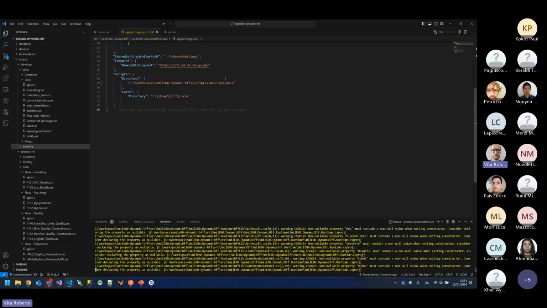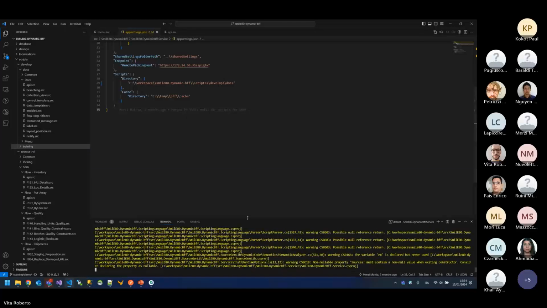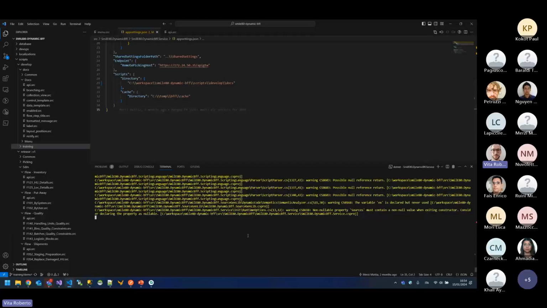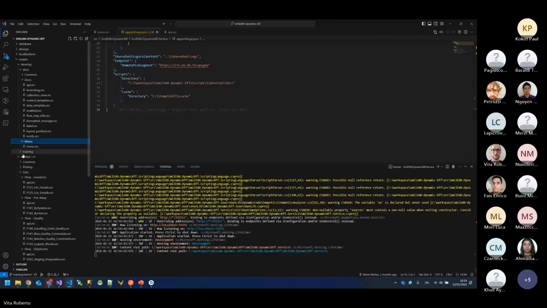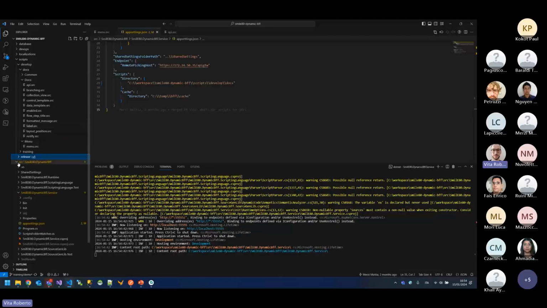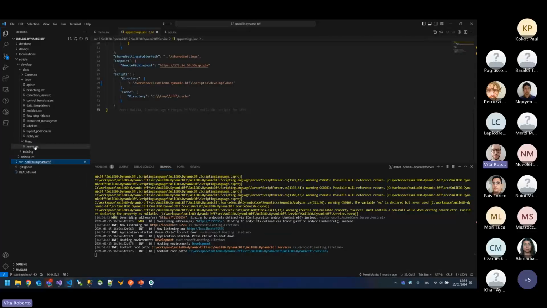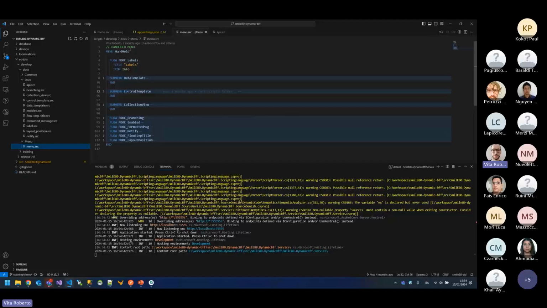So I changed the directory, and of course I just run again Dynamic BFF, and it loads all the files inside the develop docs folder. Let's close this. So we have, as we said, the definition of menu